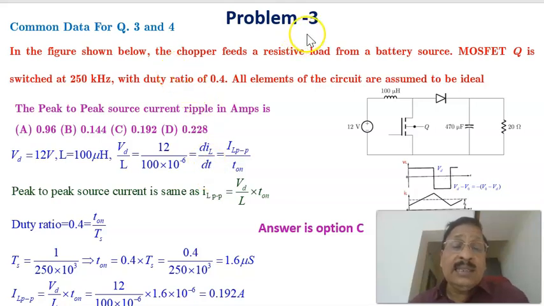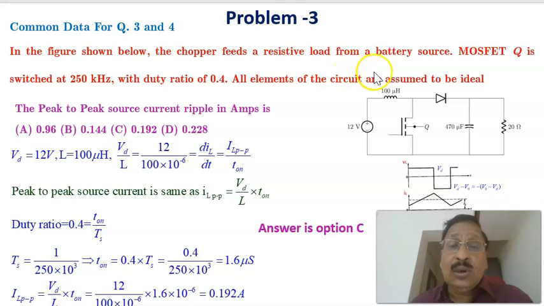Now, let us see another problem. Basically, it is common to question numbers 3 and 4. The statement is that this is a boost converter, or you can say a chopper that feeds the resistive load, that is a step up chopper. Therefore, this is driving a